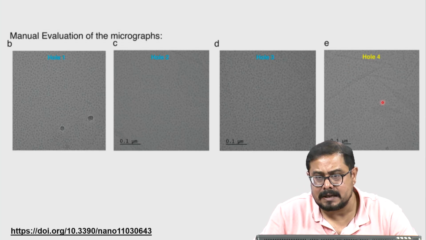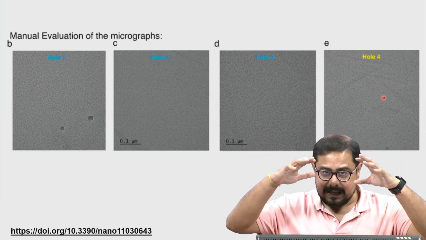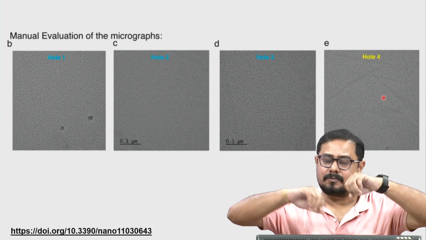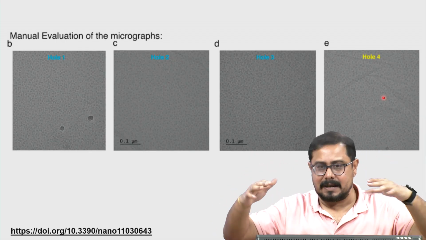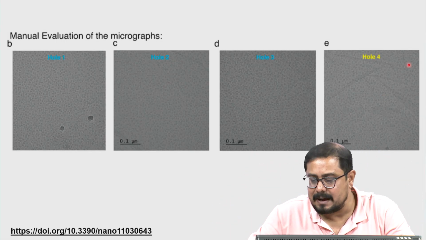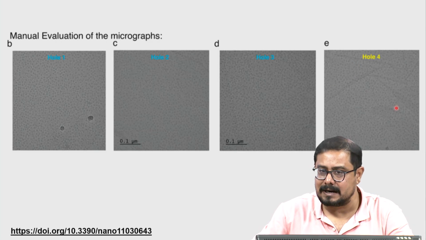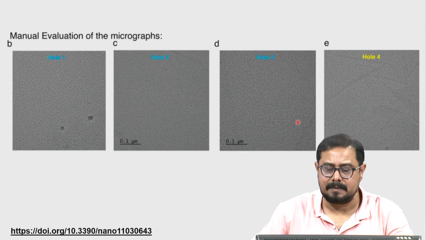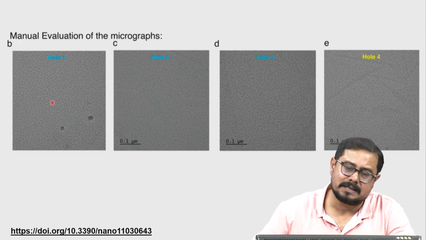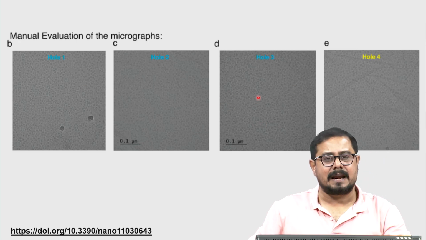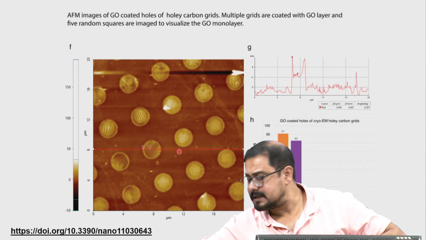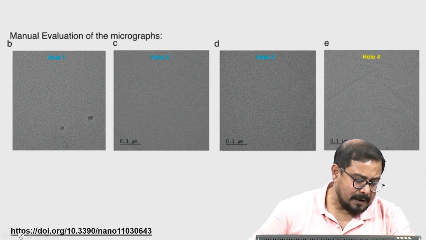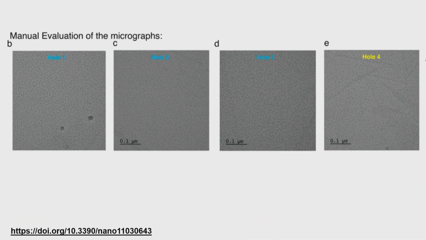They are covering this entire place. We think that when the graphene layer was coating the hole, there was damage in the graphene layer and it just folded, and we can see the multilayer inside the grid in high magnification imaging. But if it is nicely distributed and it is a monolayer, you cannot see the graphene oxide layer at all in your images. So what is actually happening? I will go to the previous one and make a diagram, and it will help you understand.